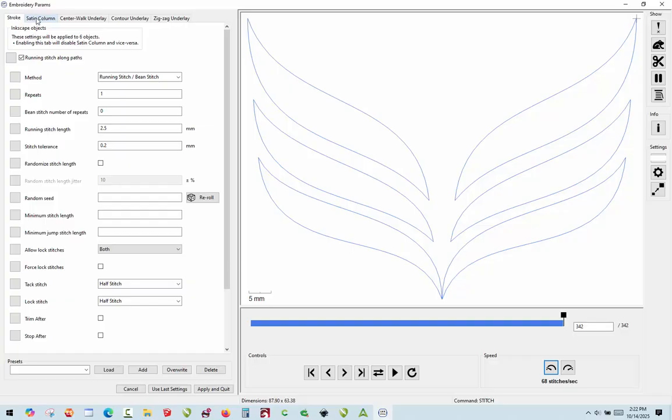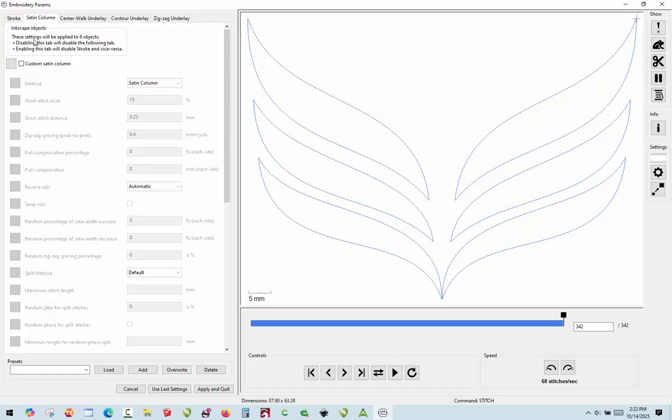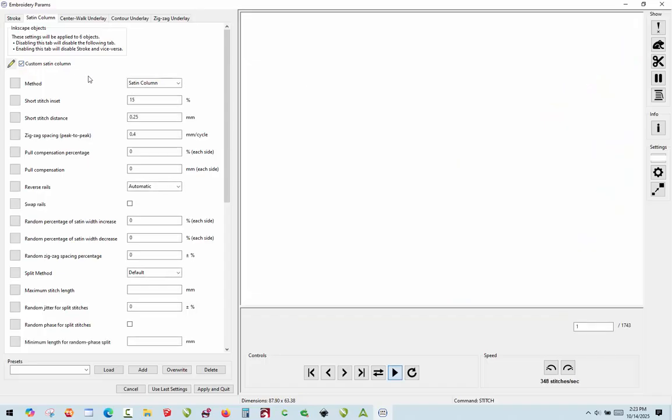I don't know if the InkScape or InkStitch people are listening, but I wish it would default to satin column, because I use satin way more than I use stroke, and it always defaults to stroke, and I wish it didn't. At least I wish it was configurable to always default to satin if the satin conditions are met. But anyhow, we'll go ahead and choose the custom satin column here,